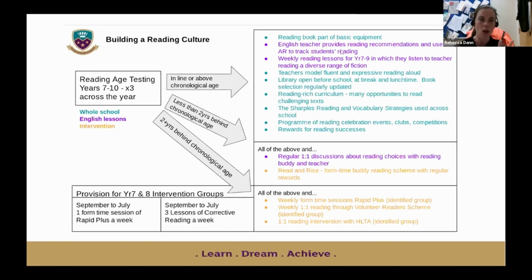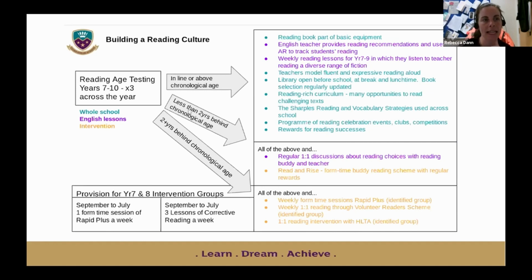So there's lots of whole school things for all students. For example, reading book is part of the basic equipment. We have accelerated reading, so students are encouraged to read regularly and take quizzes to show they've understood their books. We have a reading rich curriculum, but then there are approaches that are just for students who need more support